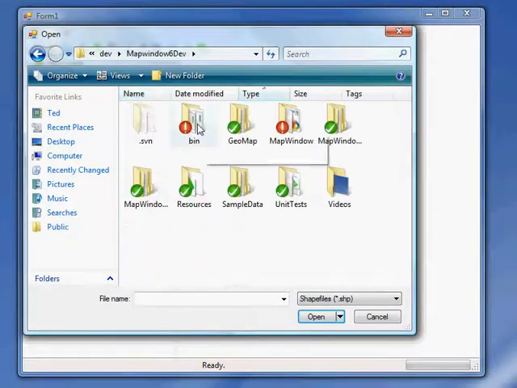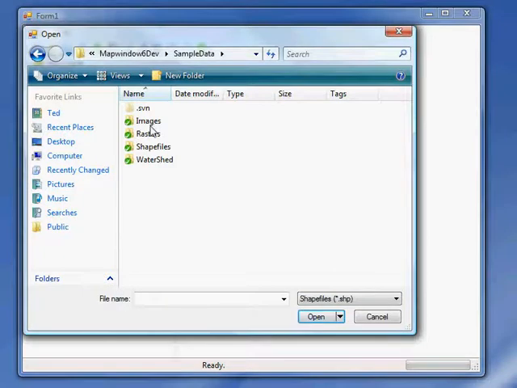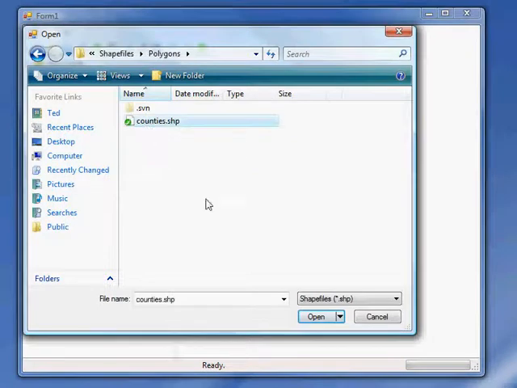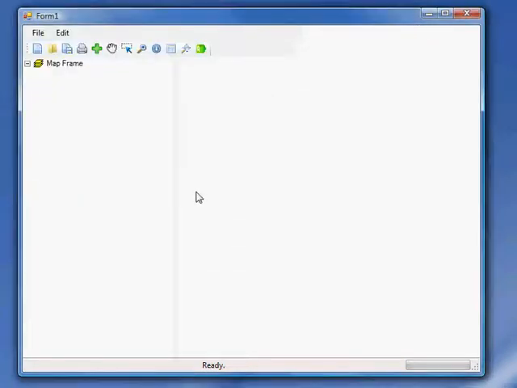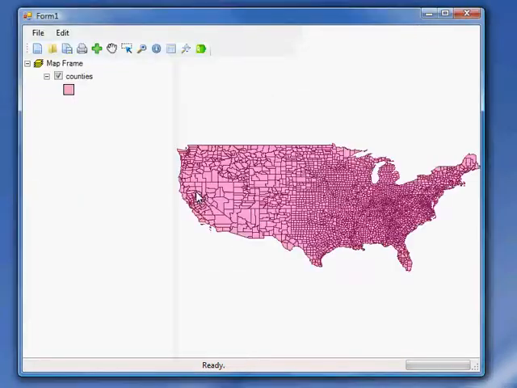In the sample data folder, we have some shape files, and we'll start with polygons. So we'll load some counties that are shaped to represent all the counties in the United States. And you can see that the polygons are color coordinated, so you've got slightly darker borders and a lighter fill